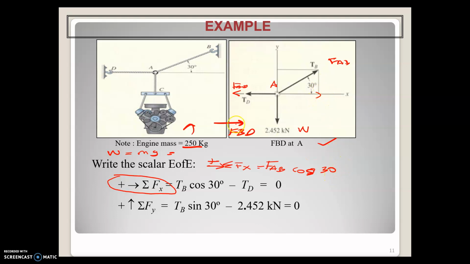Okay, and then you nampak force AD ni ataupun tension D ni is to the left. Dia tak ada angle kan. Okay, so dia just minus FAD ataupun TD is equal to 0. Then settle for